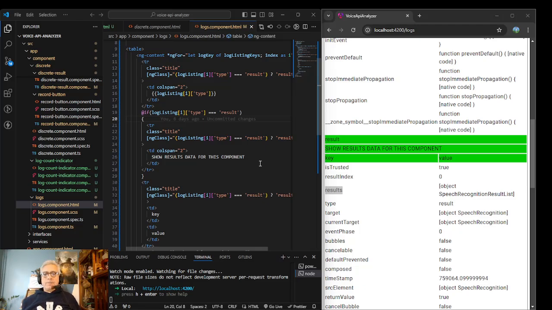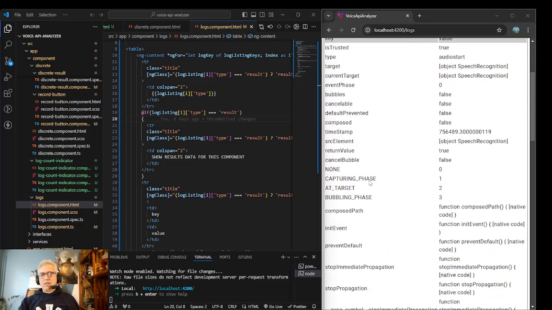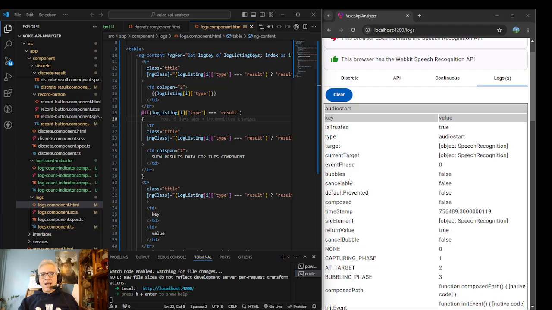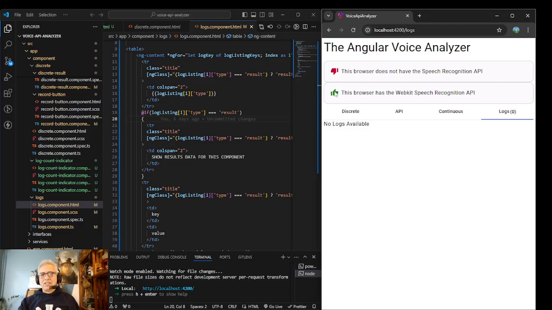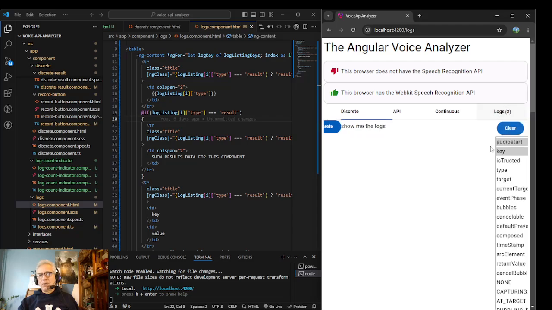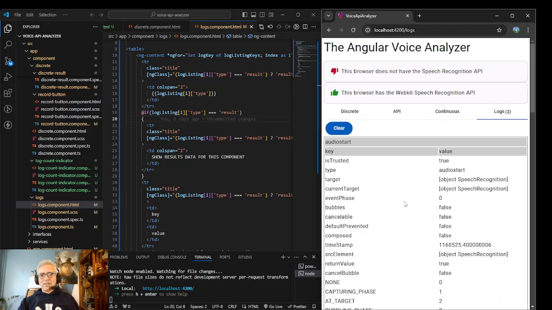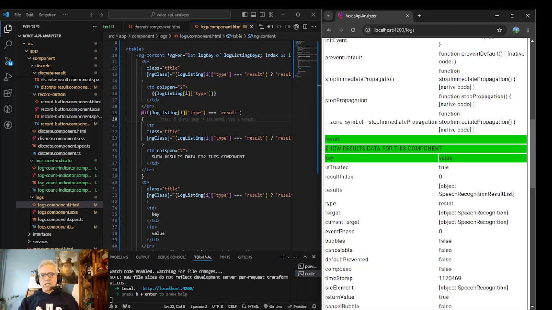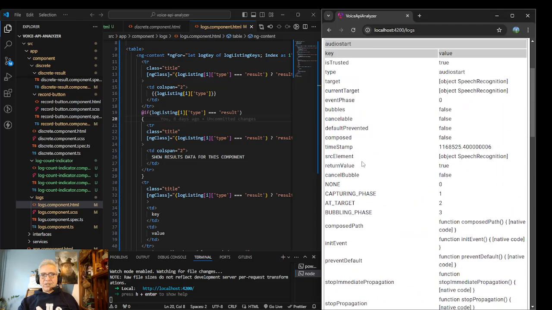And yeah, so basically what we have here is a list of all the logs that happen whenever you do a call. So if I go like this and then show me the logs, and see now we get the text that I just said, just showed up, and now we come over here and we get the logs that came in.